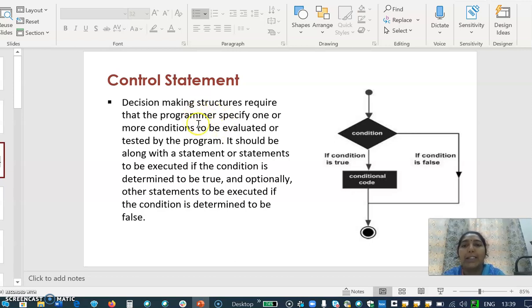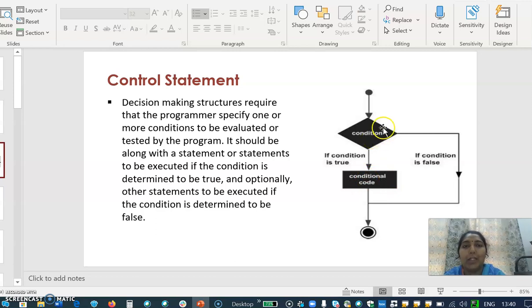In these decision making statements, we will check one condition, and based on the output of this condition, whether it is satisfied or not satisfied, we will execute some set of instructions. If you observe the flow chart, if this particular condition is satisfied, then we execute this particular set of instructions.